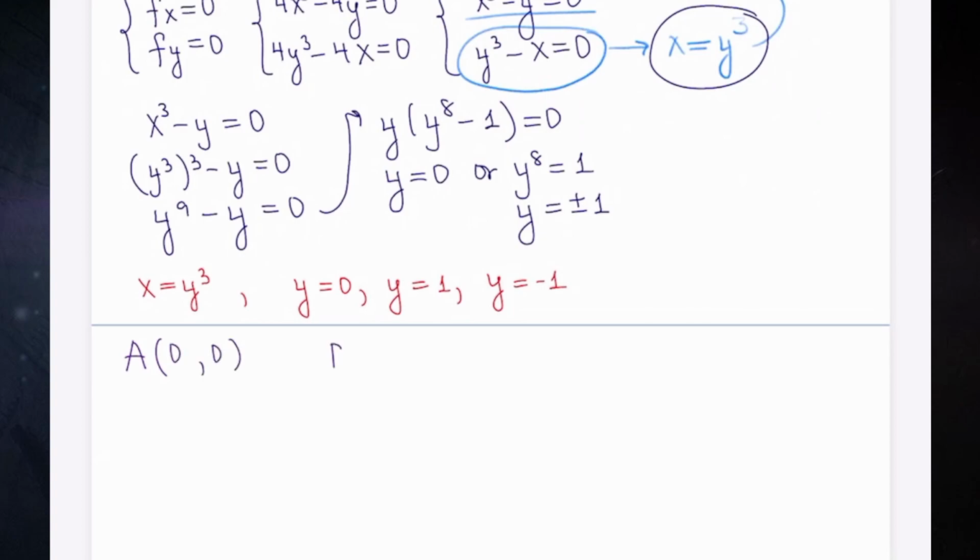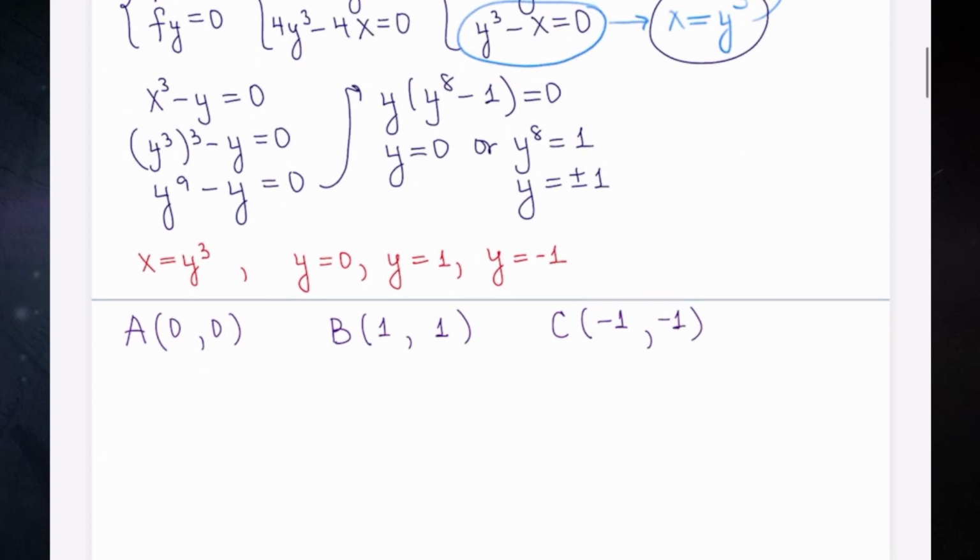Okay. Point B, well, let's see. If y is 1, x is 1 cubed, then x is also 1. Okay. And then the last one, if y is negative 1, then so is x. Okay. Now let me go ahead and make this note